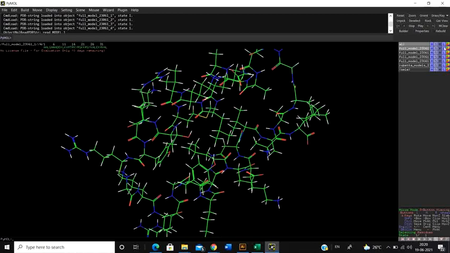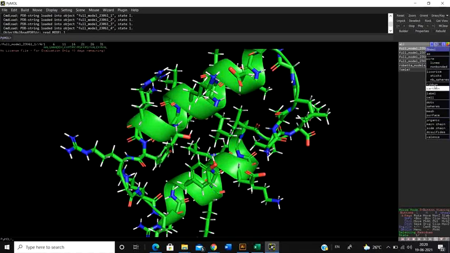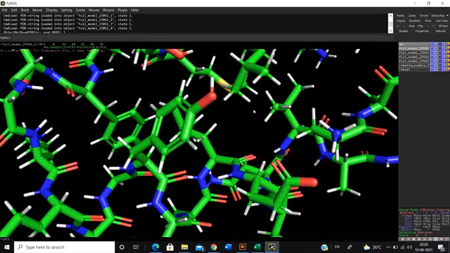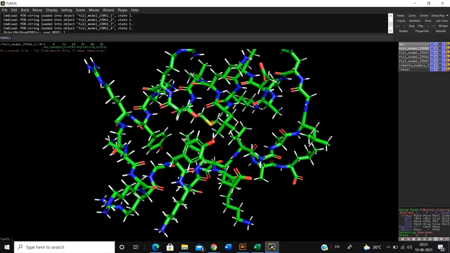So if you click on show as lines, the entire molecule will be shown as lines. And if you click on show as sticks, it's going to be visualized as sticks. The sticks are simply thicker than the lines. So this yellow portion is actually the sulfur. Sometimes when you click on lines, it's really thin, right? And it becomes really difficult for you to visualize. So click on sticks to make them more fat-like structure.